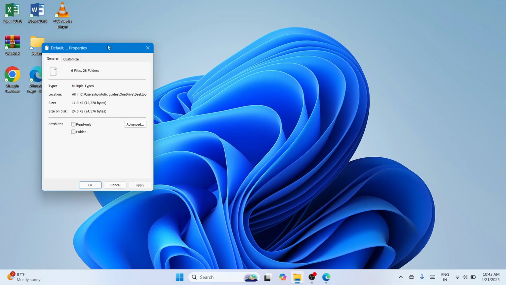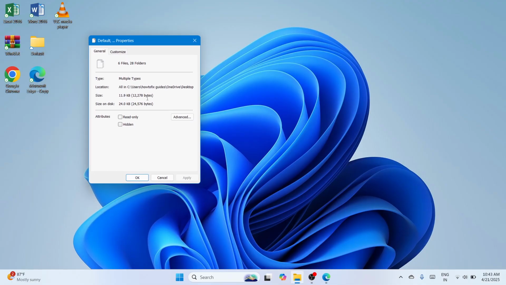By the way, you can also press Alt and Enter keys on your keyboard, and in that way you would be able to bring up the properties of the selected file folders, the applications, and the shortcuts that you have created. Once you're done, please proceed with the General tab and proceed with this attributes section